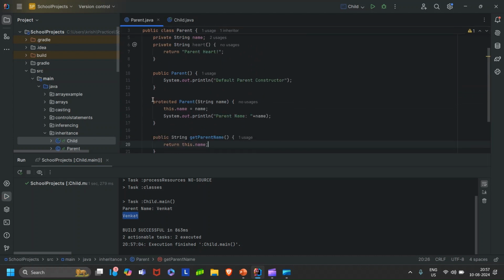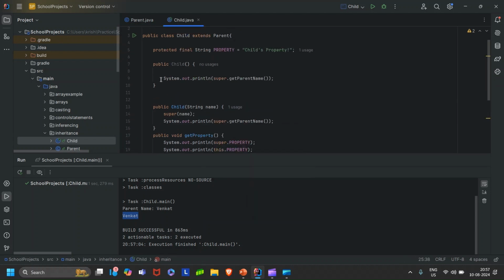So you can see that this particular protected constructor is getting executed at this point, which prints parent name and then the name, which is obviously Venkat. And then here in the child class, we see this particular statement getting executed. A better example to this would be something in this way: